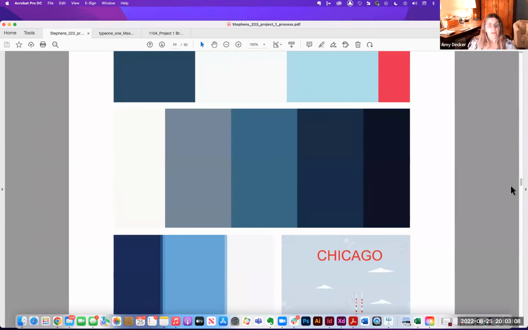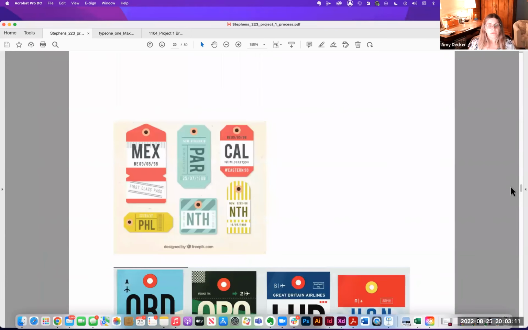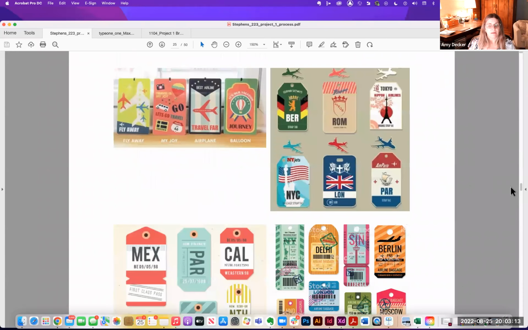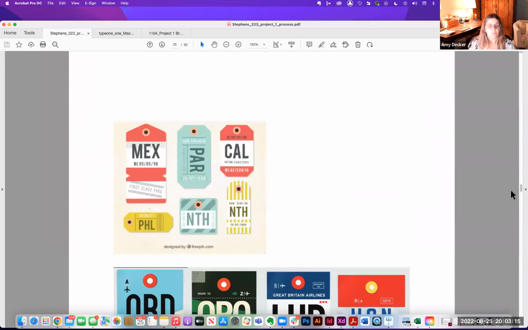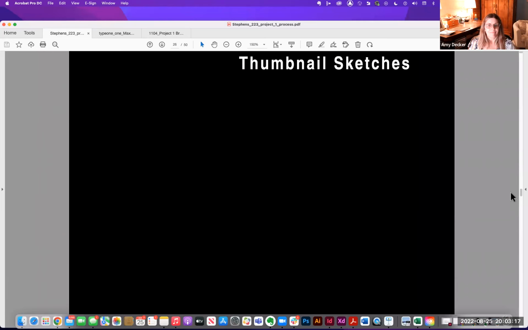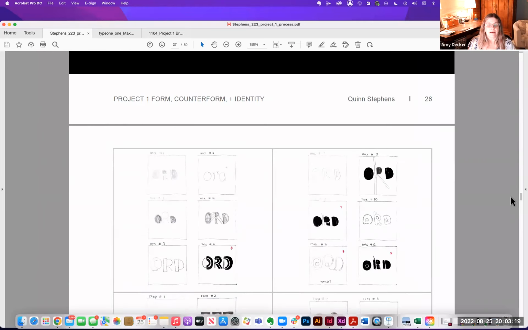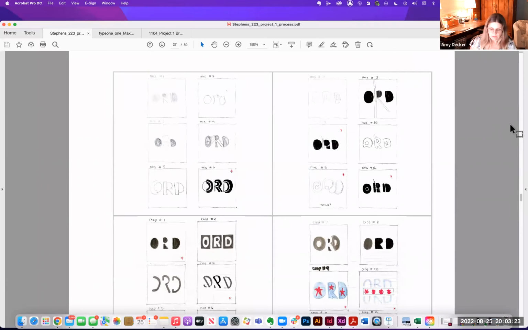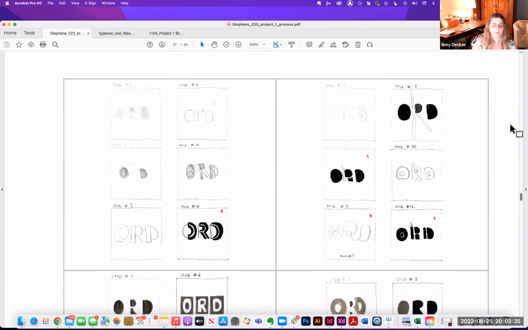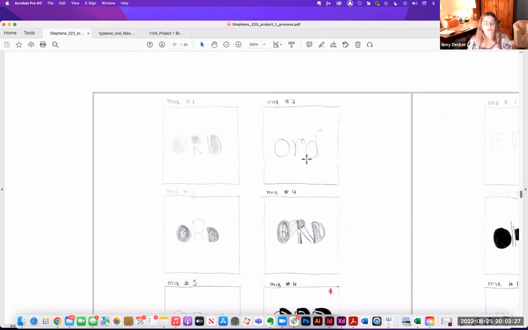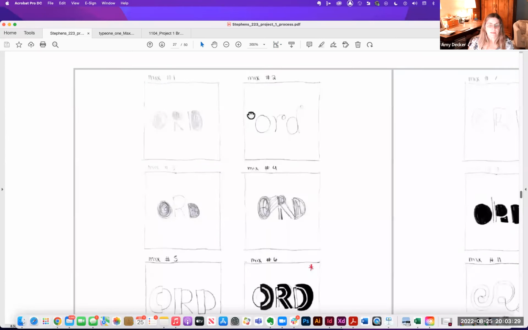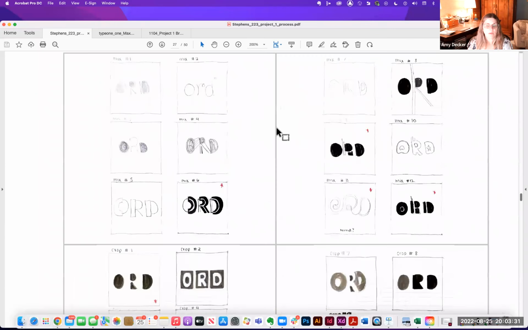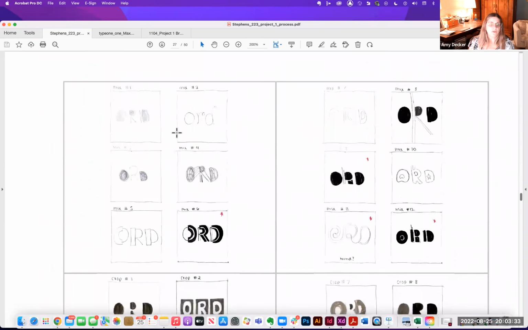They did some research on the colors of Chicago, did some research on luggage tags. And then here are their sketches, the part that we're going to be working on this week. I'll zoom a little bit more. So I want you to see, we're organizing these into 3 sets of 12. So here's the first set,